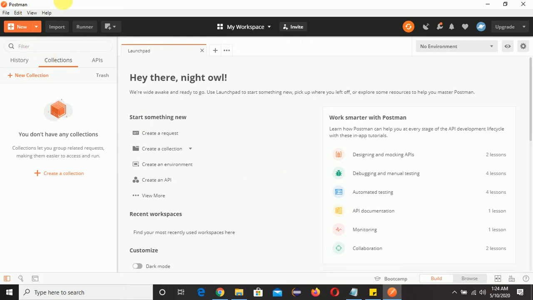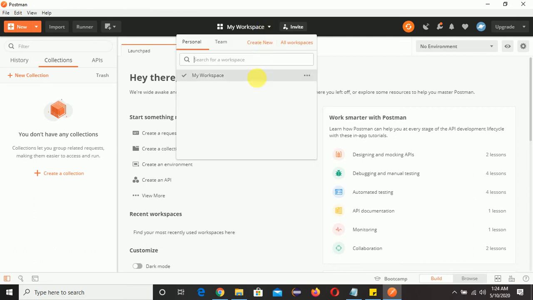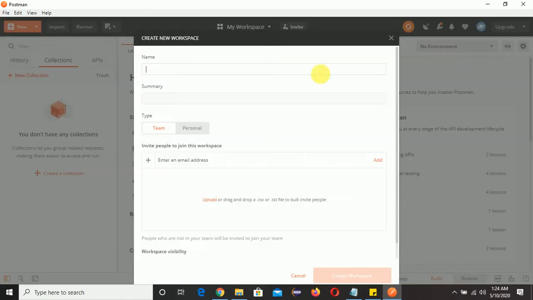Before creating the API, we need to create a workspace first. For that, just click on this arrow, click on create new, and give the workspace name. My workspace name will be test_workspace, and the summary is optional.